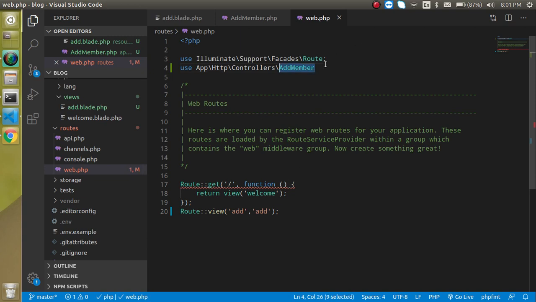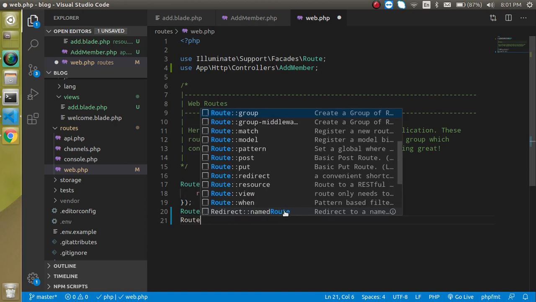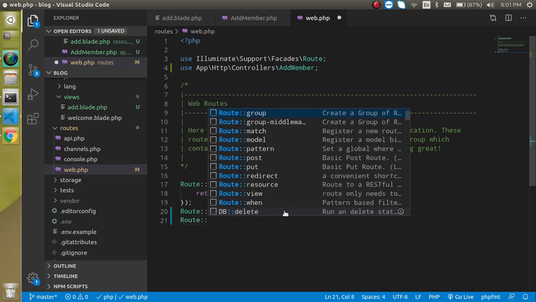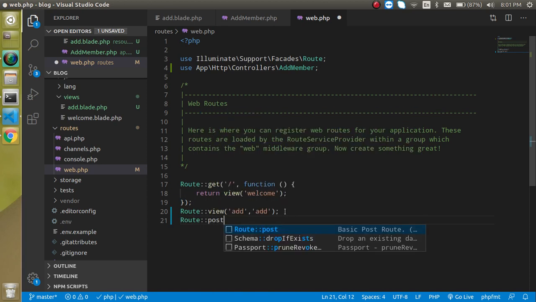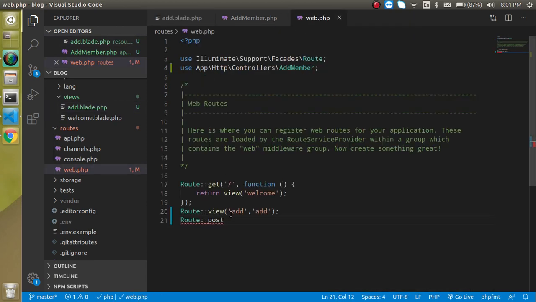And now let's put a semicolon here, define a route for it. Just simply write here route, post, because we are just sending the post request from here, right? And just use here two parameters. One is you can simply write here add member, and in the second one just define an array and add